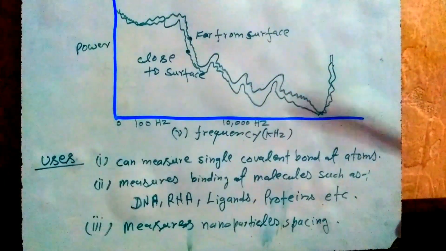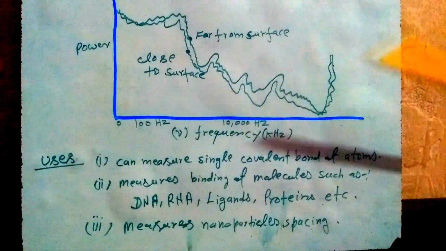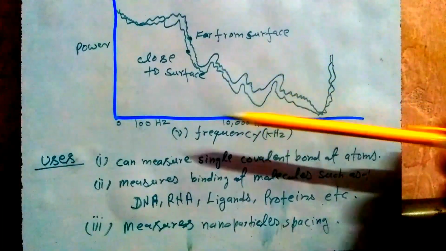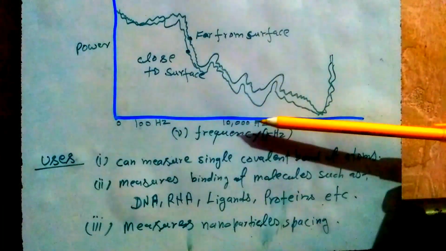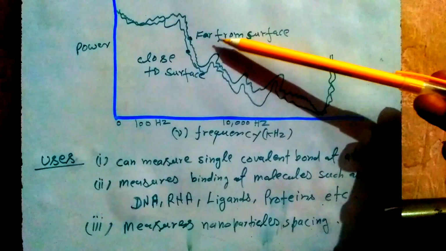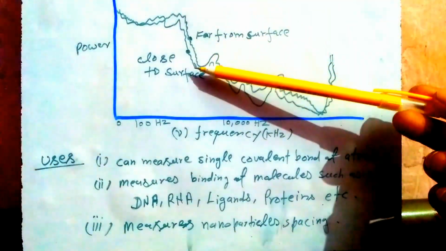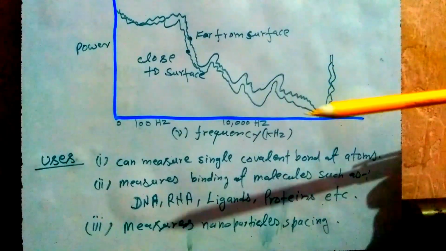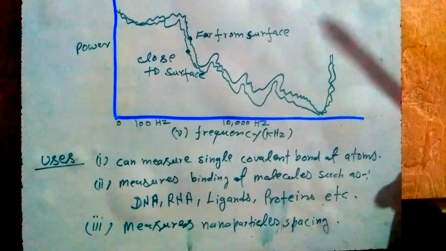This is the observed frequency and power graph. So this also tells many things about the atoms and the spacing of the atoms, as well as how the frequency changes above the surface, and closer to the surface of the atoms, how the frequency changes with respect to the power. So we can say that the atomic force microscopy, AFM,